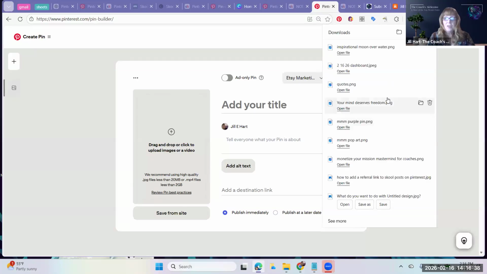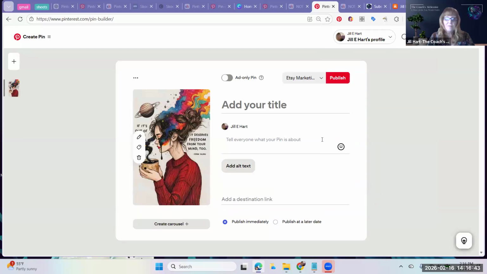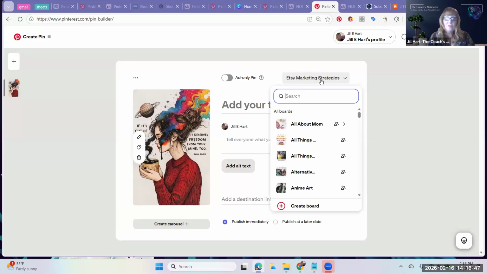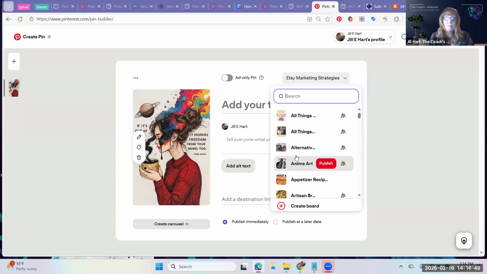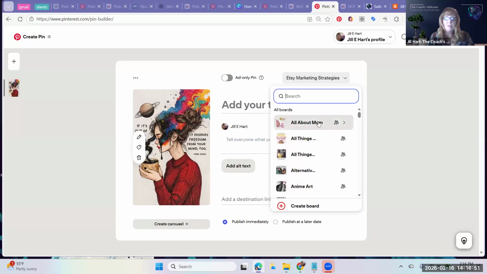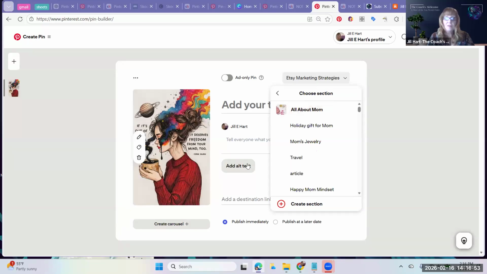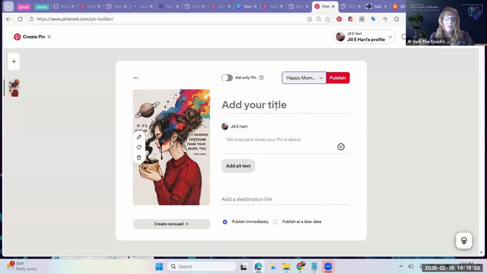You put your image in here. We'll do this one. And then you choose your board. I'm going to put this on All About Mom, Happy Mom Mindset. Sometimes this is a group board that I'm posting to. Sometimes there'll be sections on a group board because otherwise it's just a hodgepodge of stuff.